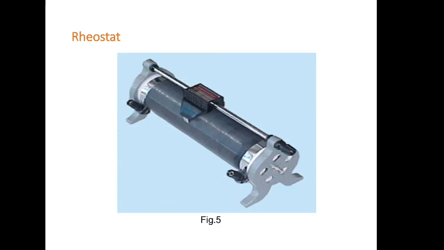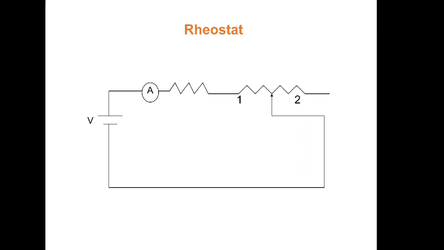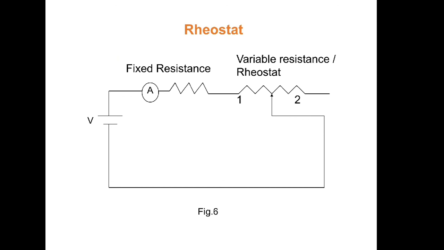You can observe this is the variable rheostat where you can see the two ends of the resistor, and also one black terminal which is connected on the top end of this sliding contact. So with the help of this sliding contact, the resistance can be varied from 0 to the maximum value. So you can see here a simple circuit having a voltage source V, which is connected to a fixed resistance and a second, variable resistance.